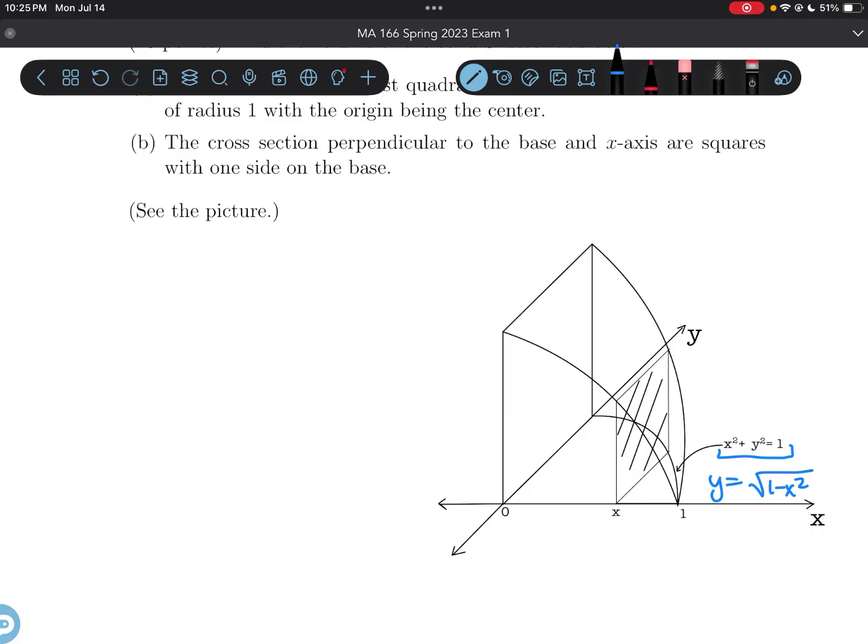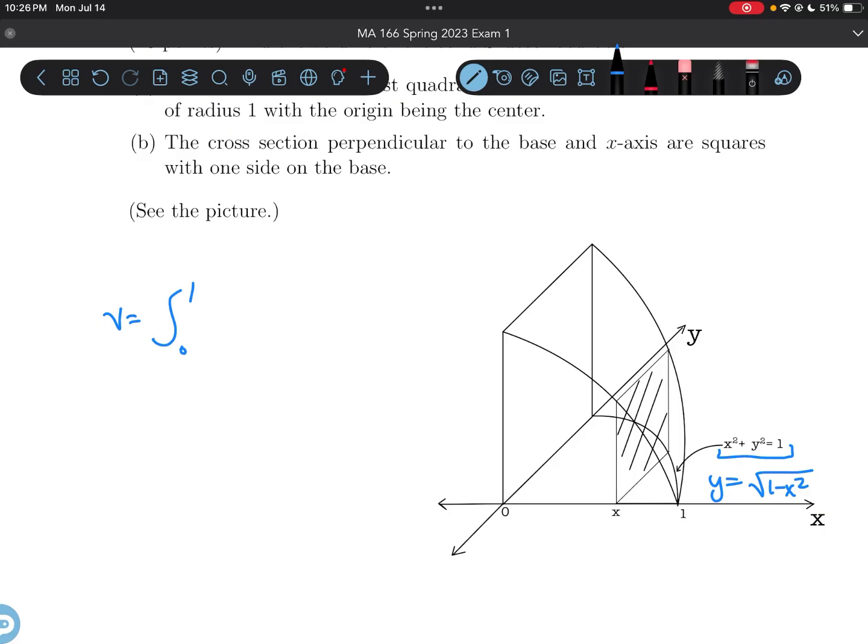Okay, so in this case, we want to find the volume of this solid. And the bounds are from x equals 0 to x equals 1, as we are shown in the diagram. They tell us that the cross-sections perpendicular to the base and x are squares with one side on the base. So one side is on the base,